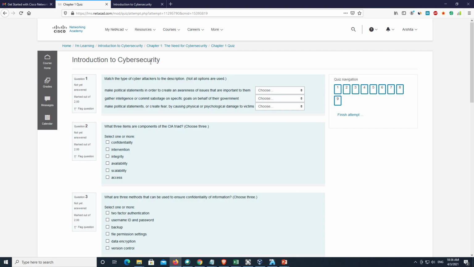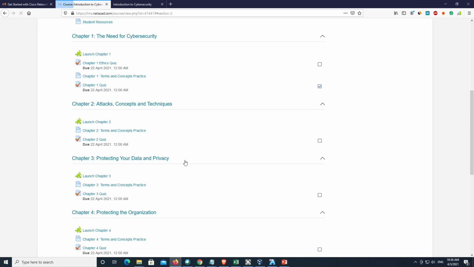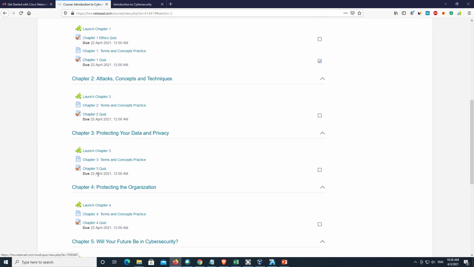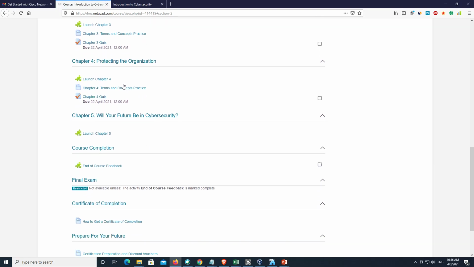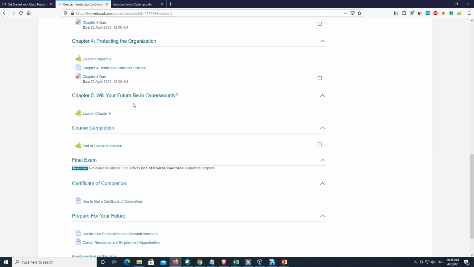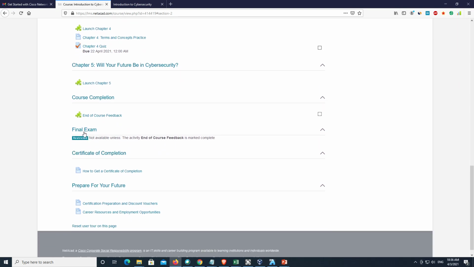Clear? See, there is the chapter 2 quiz, 3 quiz, 4 quiz. In this way you will complete all the chapters and the quizzes. After that you need to give the final exam. Remember, to give the final exam you need to complete the end of course feedback as well. Whenever you complete this feedback after studying all the chapters, the exam will be activated.